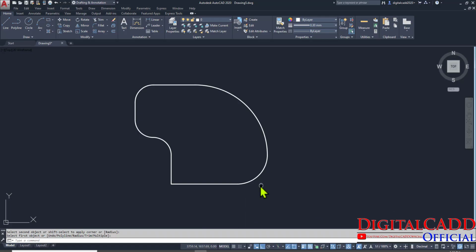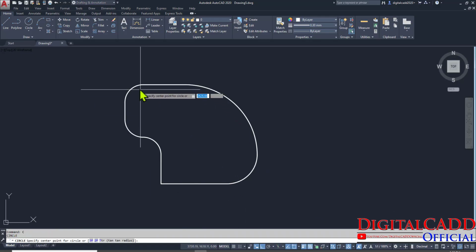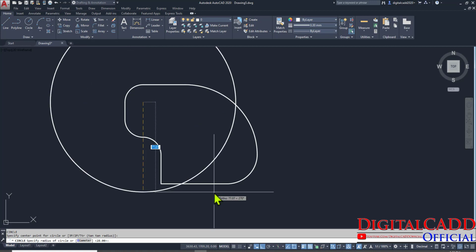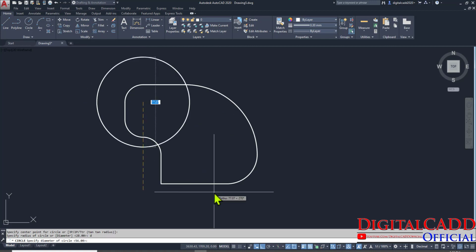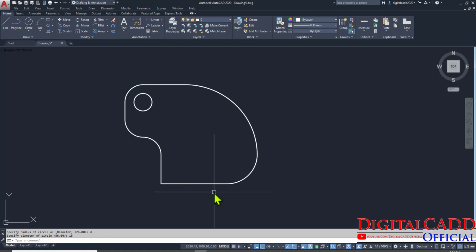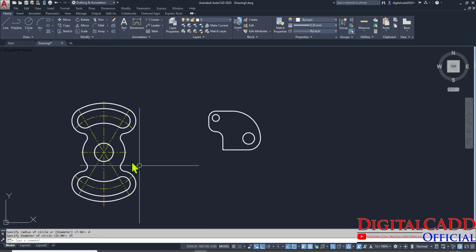Just assume it. Okay, press C for circle, find out the center point, D for dimension, D for diameter, sorry, 15 is the diameter. Again space to repeat the same command, find out the center point, press D for diameter and type 25 as a diameter. Here we have created all the